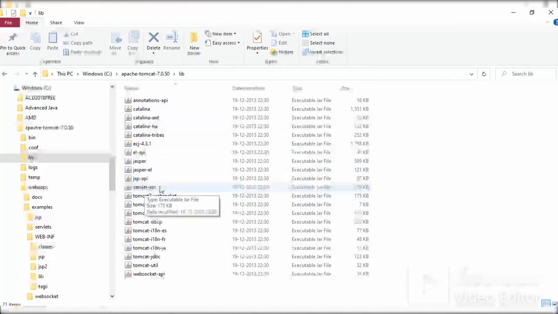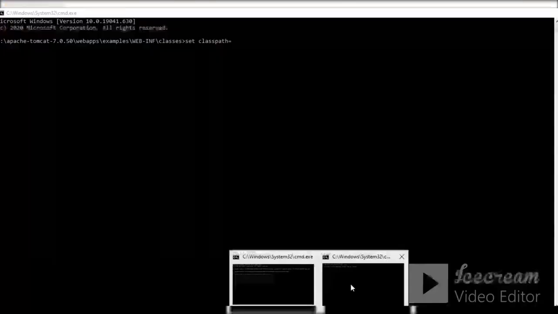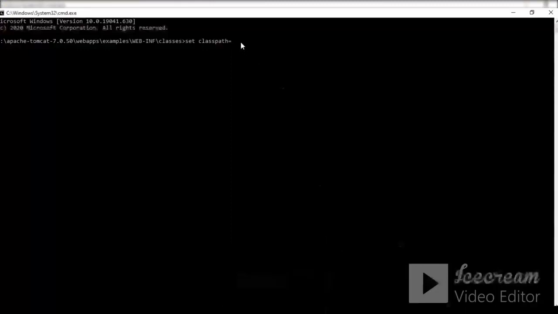This jar file is required for running servlet. So copy this path, copy the address, here paste that path, and one more thing you should add, servlet-API.jar. This is the name of that file, servlet-API.jar.